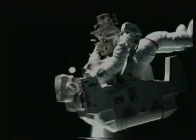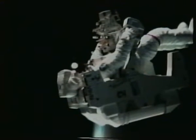It's a nice, stable device. The MMU really performed superbly throughout the flight. The MMU was really a very, very nice machine to fly. You could put it wherever you wanted. Flying up on the satellite was just like